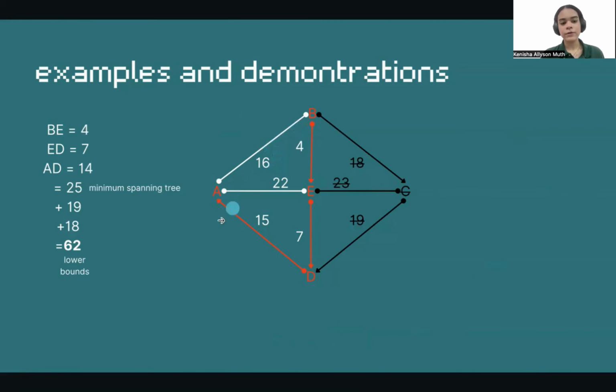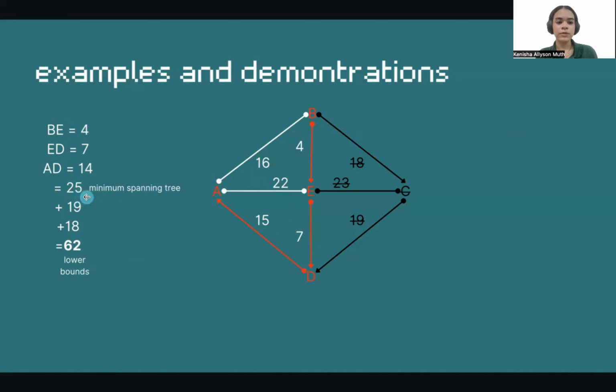So to find our lower bounds this time, we actually have to eliminate one node, or one city rather. It doesn't really matter which city you eliminate, but I chose to eliminate city C. So now we are left with A, B, E, and D. And from B, we need to find the shortest route going back to A. So, which is BE 4, ED 7, AD 14,